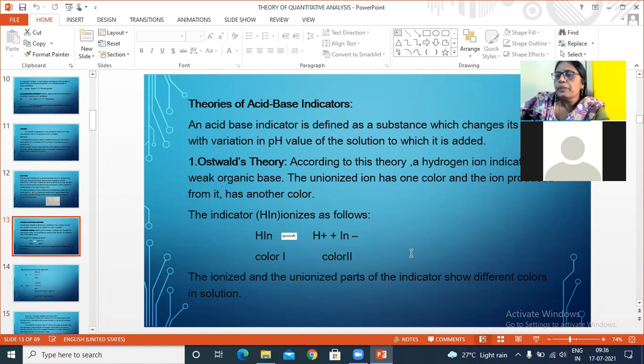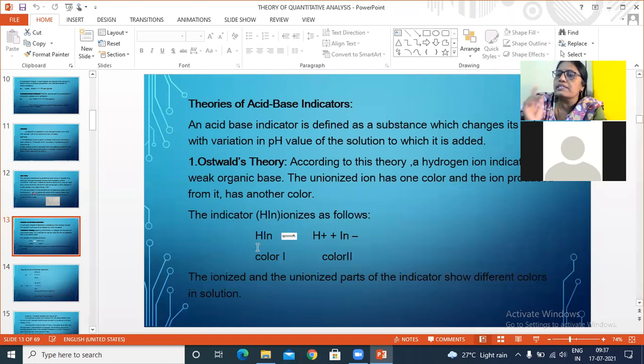So in acidic medium, the H plus ion concentration increases because of the ions released from the indicator when it undergoes dissociation, and at the same time, the H plus ions liberated from HCl or any acid. With that high concentration of H plus ions, the backward reaction is favored. That means dissociation of the indicator is suppressed. That is the main thing. So whatever color the indicator has in unionized form, that color we can observe in acidic medium.